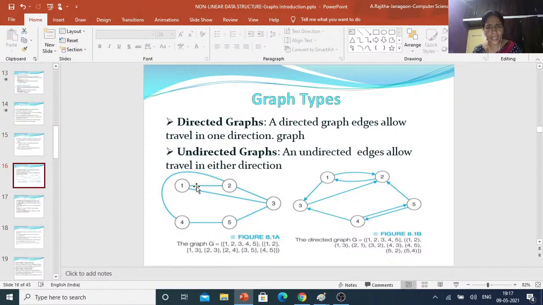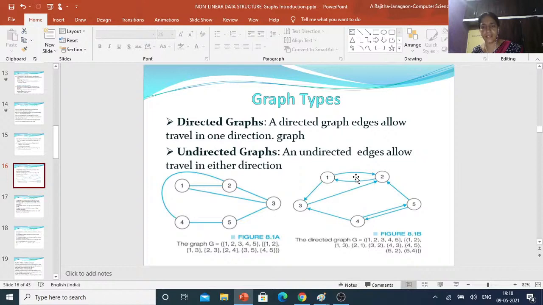Here it contains 1 comma 2, 2 comma 3, 1 comma 3, 4 comma 2, 4 comma 5, 5 comma 3. So these are the edges. How many edges here? 1, 2, 3, 4, 5, 6. Six edges and 5 nodes. Coming to the directed graph, how many vertices? 5 vertices.